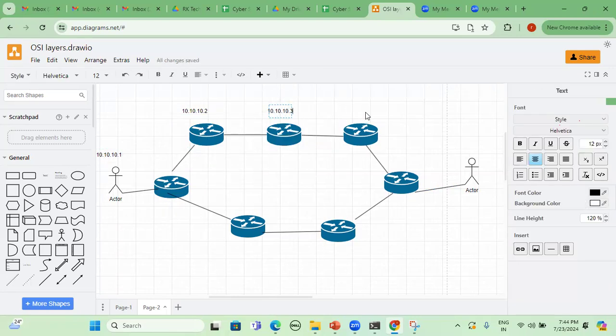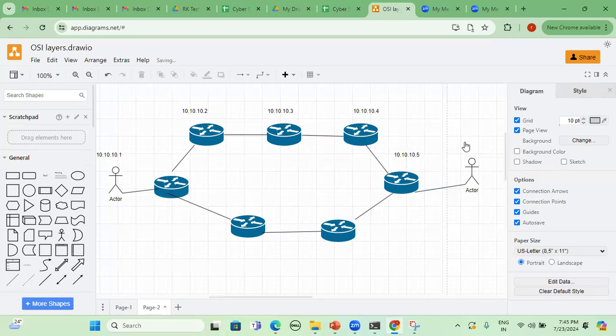It's a Class A IP address. It's 10.10.10.4, and it's 10.10.10.5. Most of the time, whenever I give a practical example, I will always choose the private IP address range only. In maximum cases I will choose the 10 series.